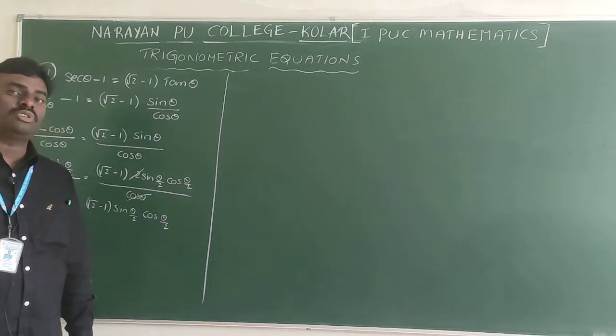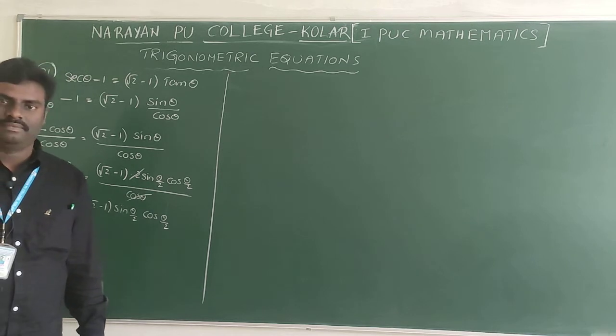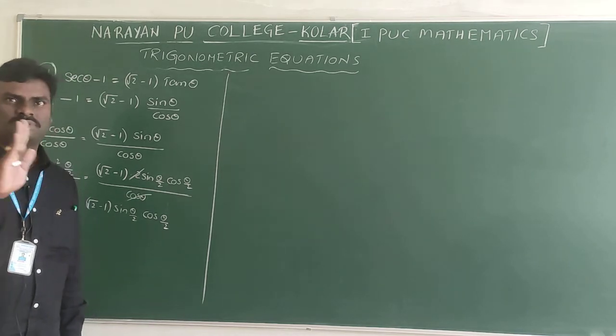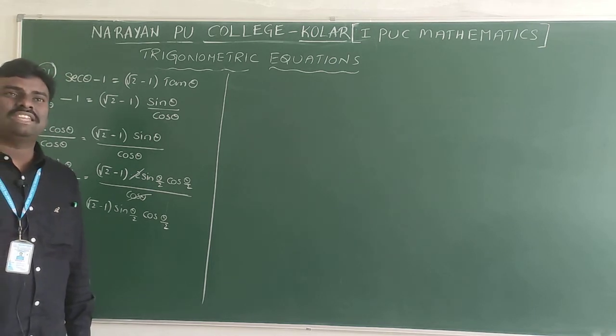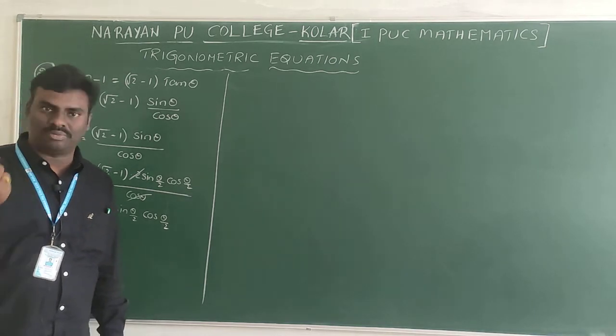Maybe the second general solution is given in the options, and we can't get it. That's why I am not cancelling sine and sine. I will write all the possible general solutions. Among them, the one which is given in the option, I am selecting that one. Okay. Now,